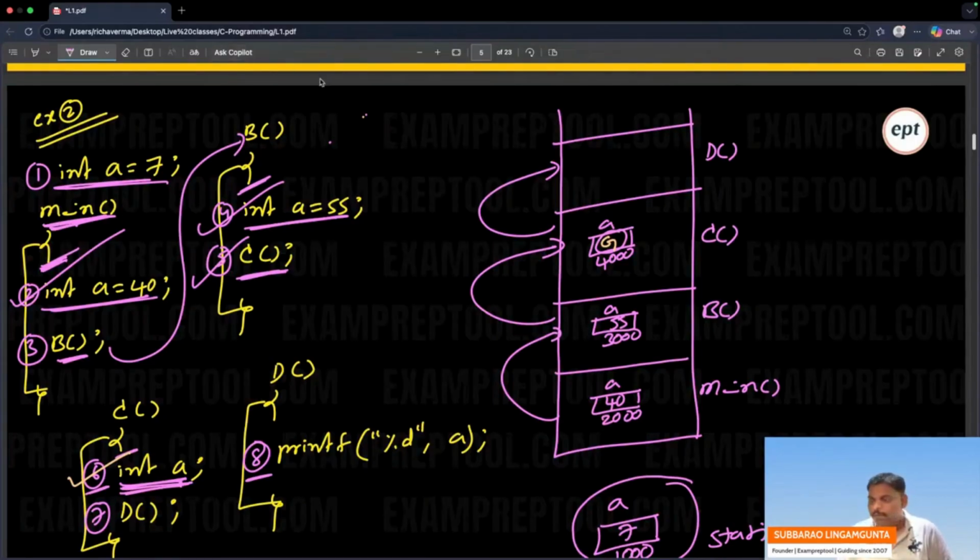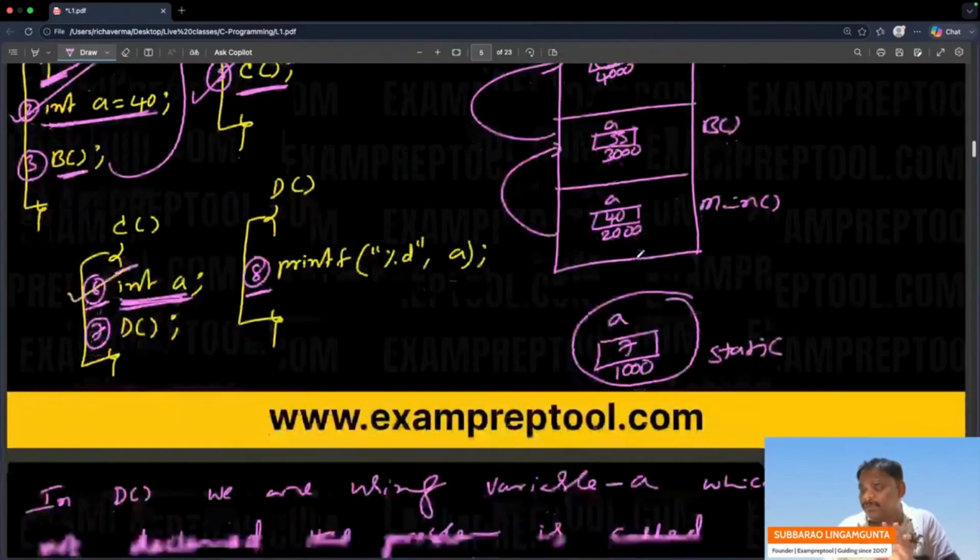Right, in the D function you are using someone who is not available. So it is called a scope problem. Understand this? We are violating the rules. We should give an error message, but instead of giving an error message,